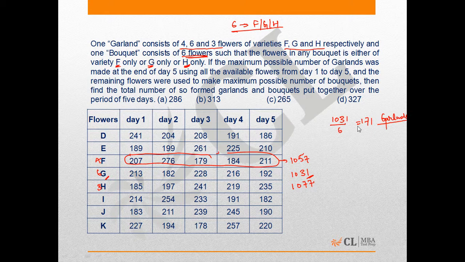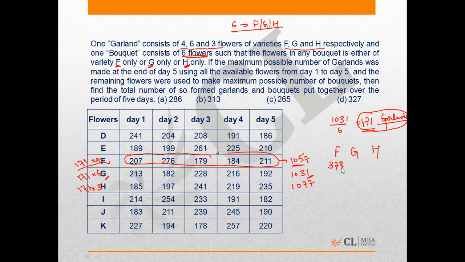Okay. Now if I make 171 number of garlands, these are the number of garlands. I remember this in future. I will require 171 into 4 number of floors of the F category. Okay. And 171 into 6 number of floors of this category, and 171 into 3 number of floors of this category. So I am left with, if I multiply 171 into 4 and subtract from 1057, right, this comes out to be